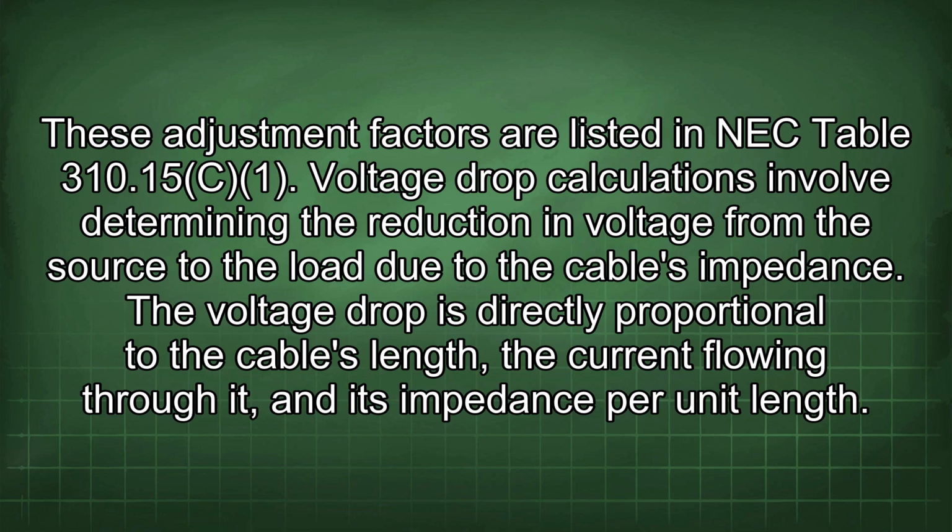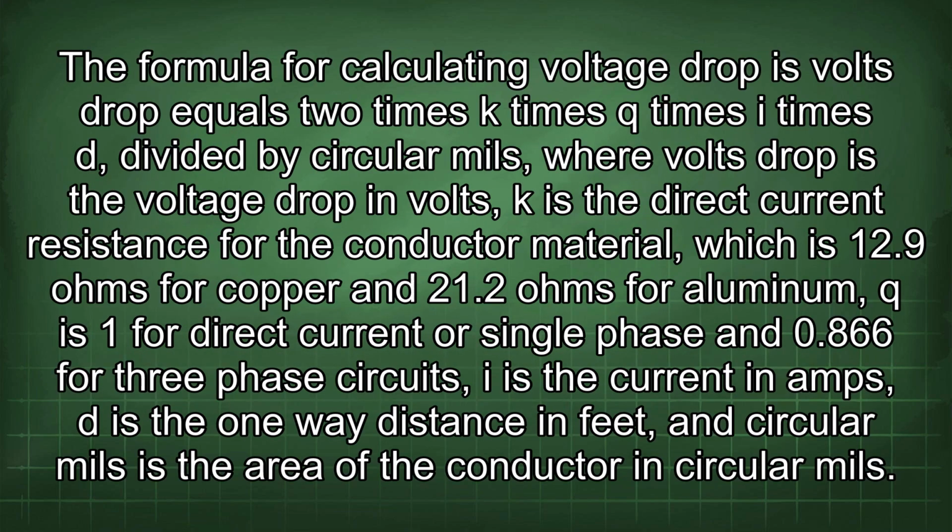Voltage drop calculations involve determining the reduction in voltage from the source to the load due to the cable's impedance. The voltage drop is directly proportional to the cable's length, the current flowing through it, and its impedance per unit length. The formula for calculating voltage drop is volts drop equals 2 times K times Q times I